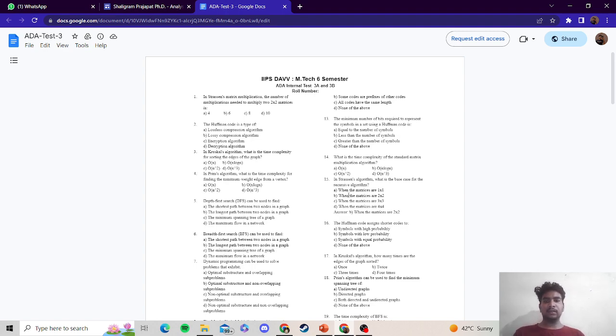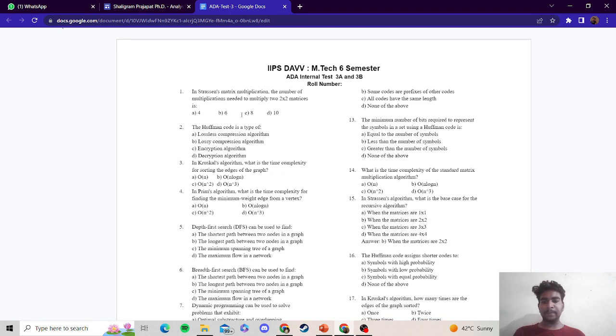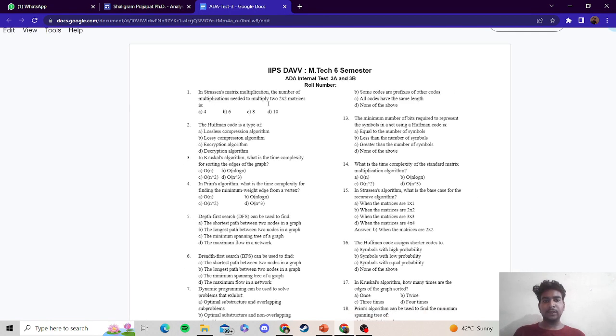So, question number one: in Strassen's matrix multiplication, the number of multiplications needed to multiply two 2x2 matrices is... so it will be 6. The second question is on Huffman coding. The Huffman code is a type of lossless compression